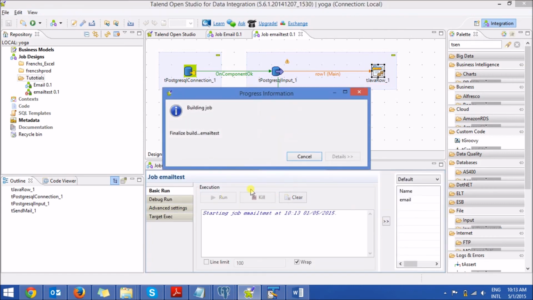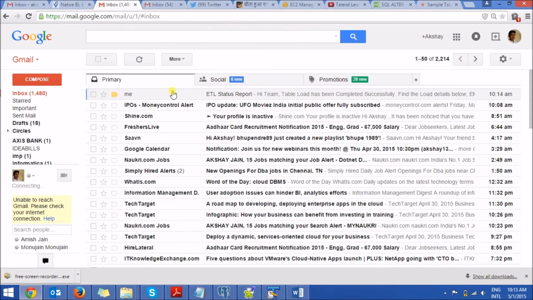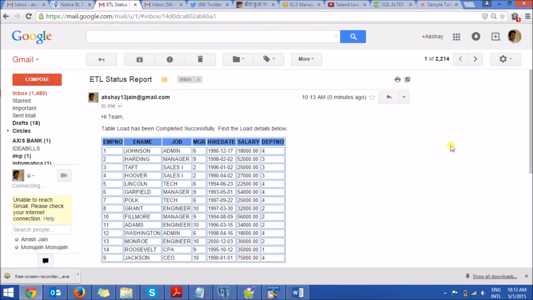This is done. This is done. And waiting for the email to be sent. Sent. Now check whether the email is coming or not. So I'm going to my email box. Here is my ETL mail and it's there. If you're looking here,